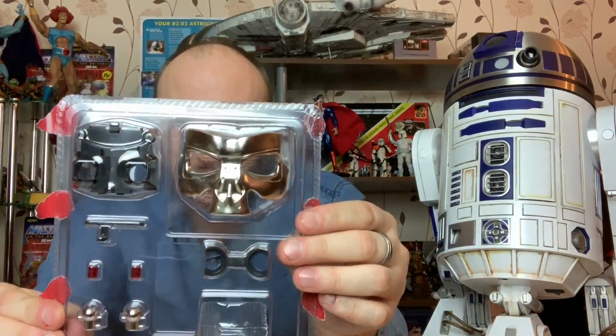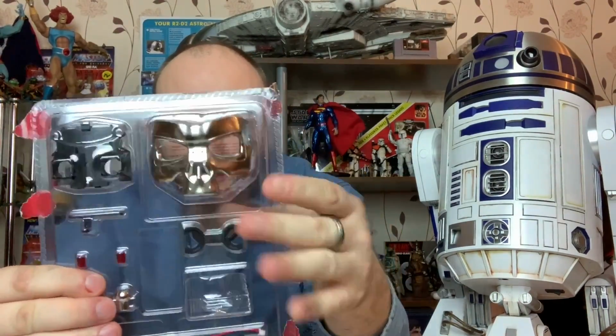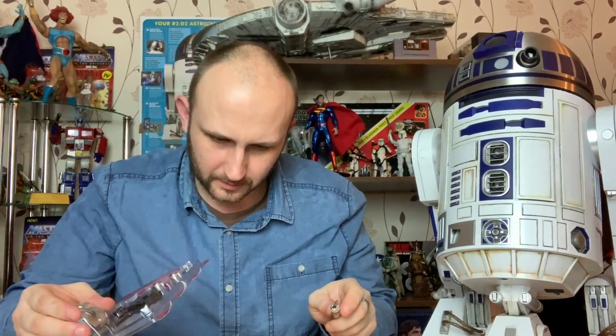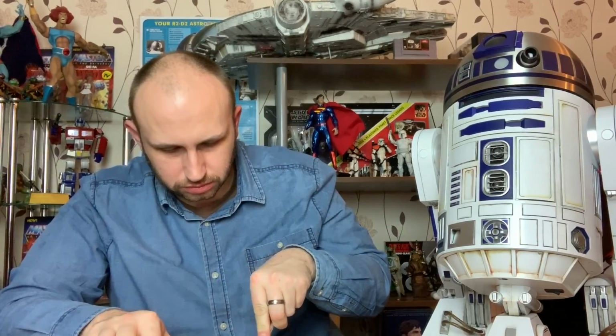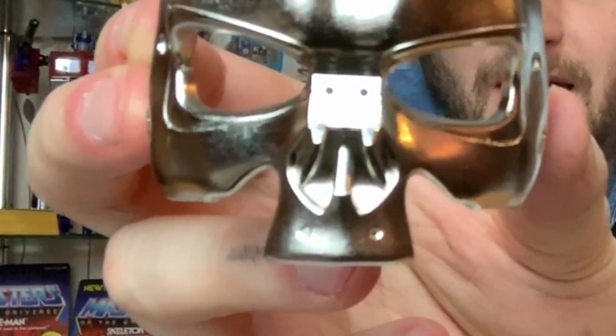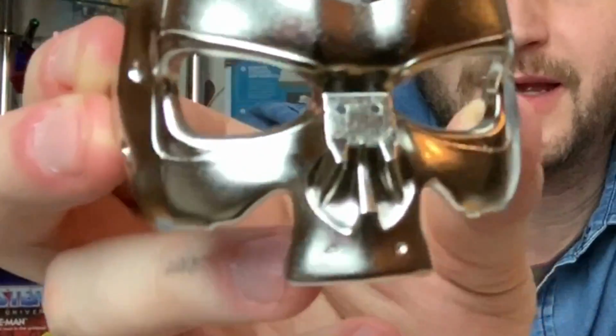Okay, so these are the parts. It comes in this really secure plastic casing here, which I'm going to have to use an X-Acto knife to open. I'll just cut the tape. Okay, so that is the alloy of the Terminator right there. I think it's going to be the same height as R2. About there, maybe? Okay, so we got these lovely pieces, and all we have to do in issue...